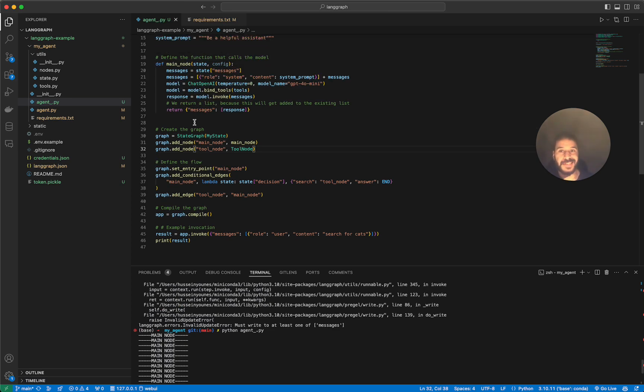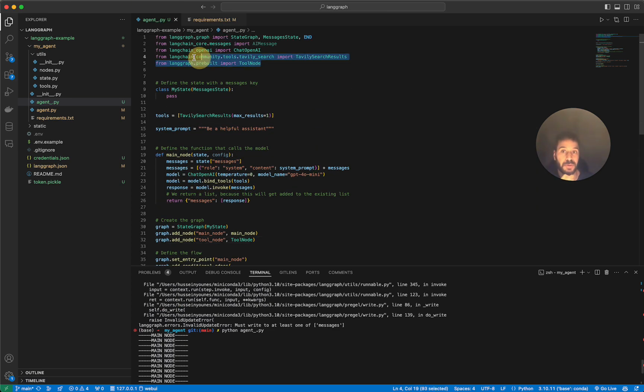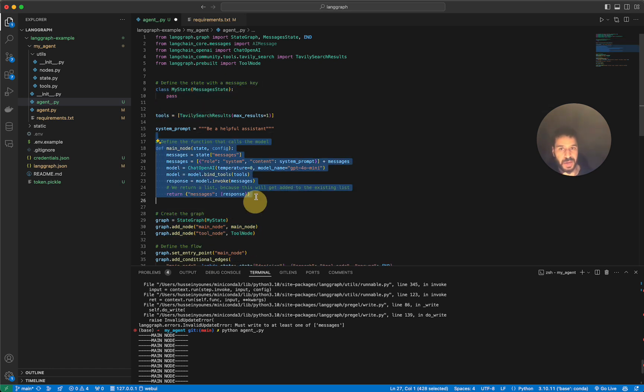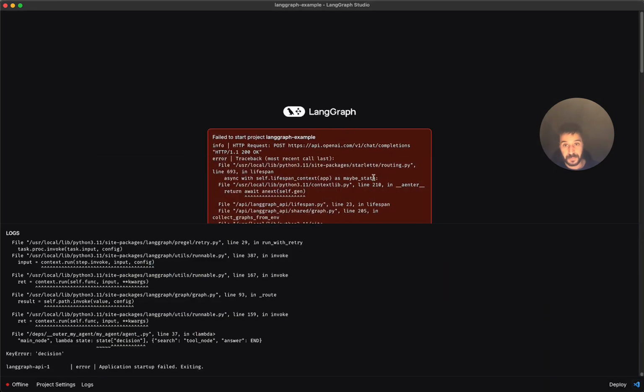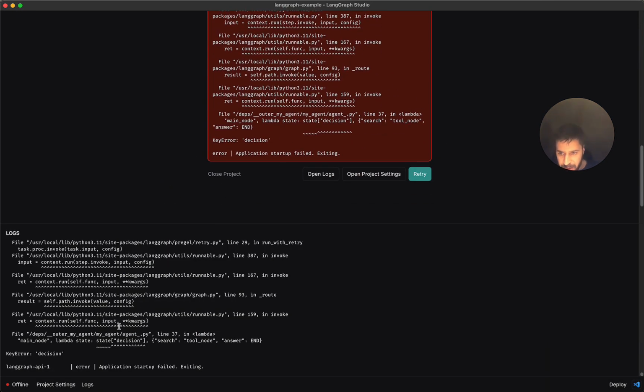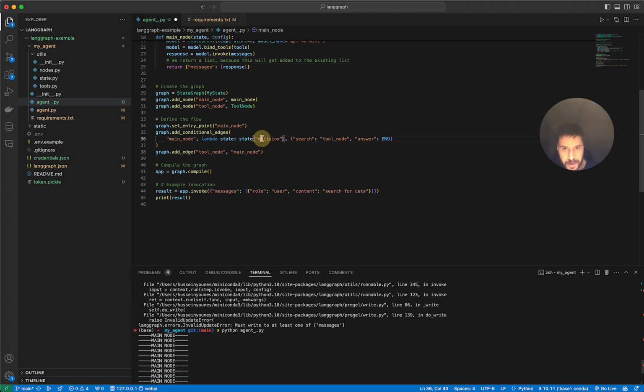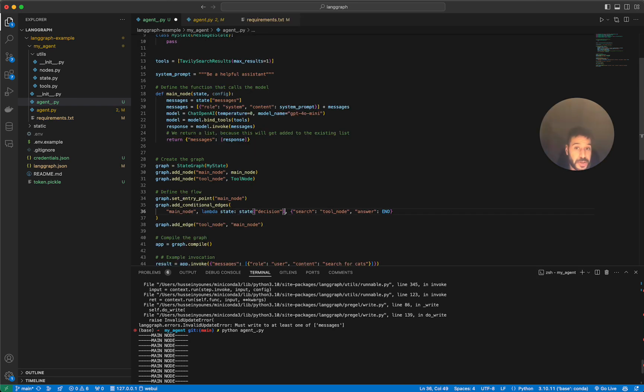So the changes I made are that I replaced the tool node that I had with a pre-built tool node from LangGraph, and I replaced the main node with a language model call that will decide whether to call the tool or not. Here it's telling me I have an error, which is complaining about the decision. I think we do not need this anymore. Now we need to change this, because we do not have decision in our state anymore. So we're going to replace this, and return search if the last message is a tool call,